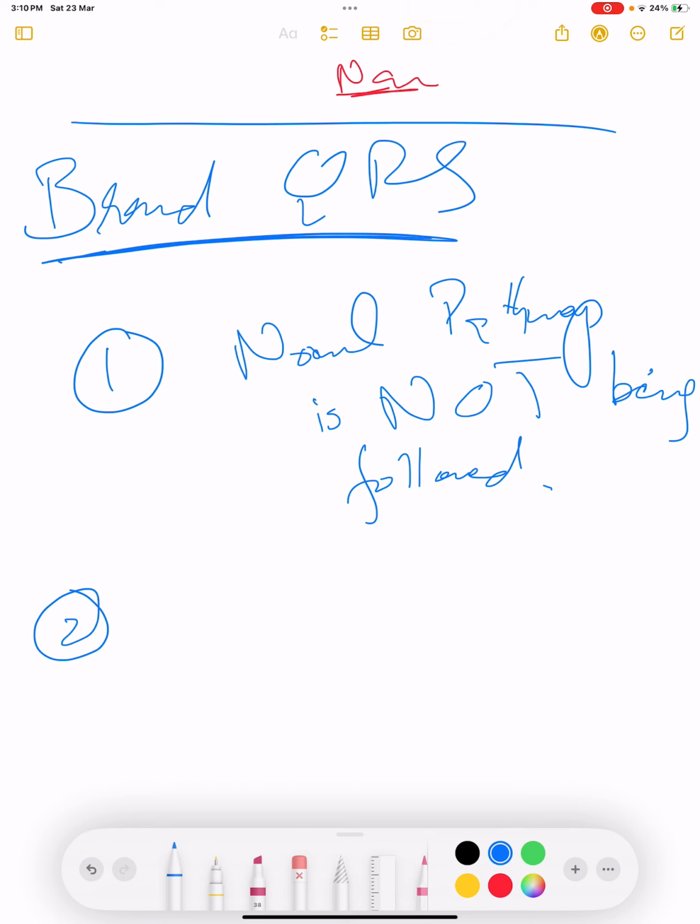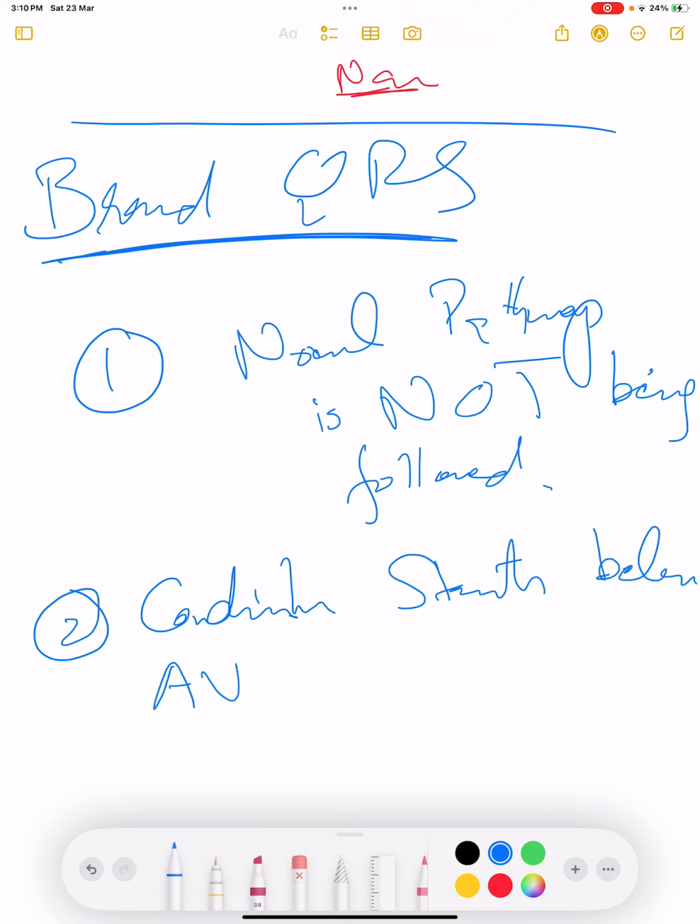An abnormal pathway is any pathway in which the impulse enters the ventricle